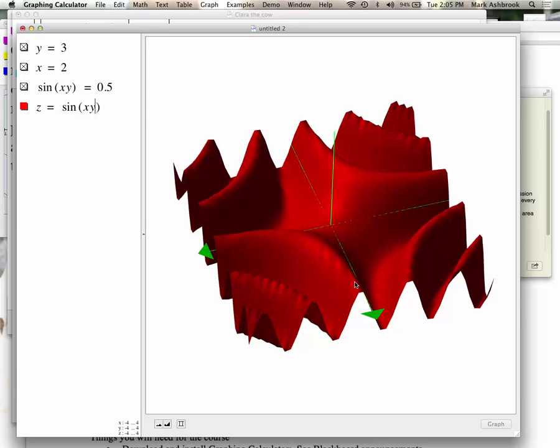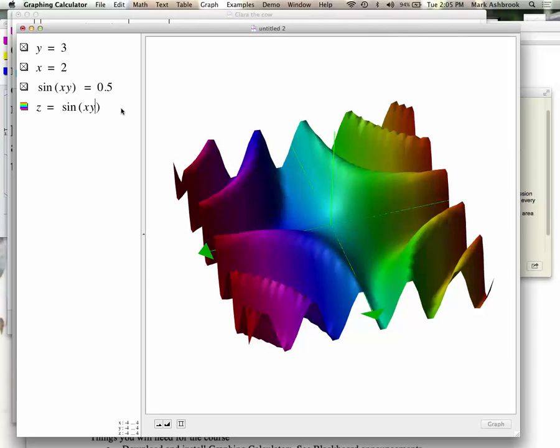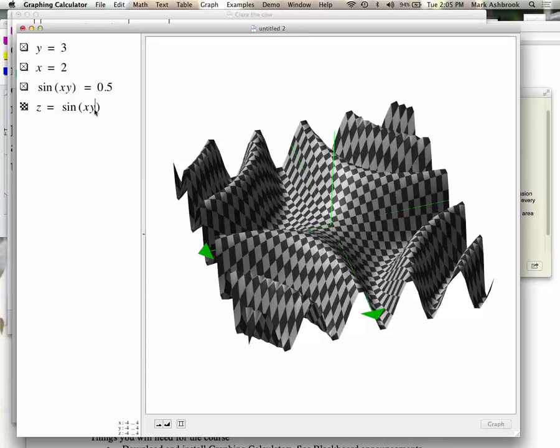Oh yeah, and some of you discovered there are some really cool ways to colorize those. And you get a lot more choices than you do in the two-dimensional graphs. So there are some ways of shading with multiple colors or stripes or whatever's useful in the situation.